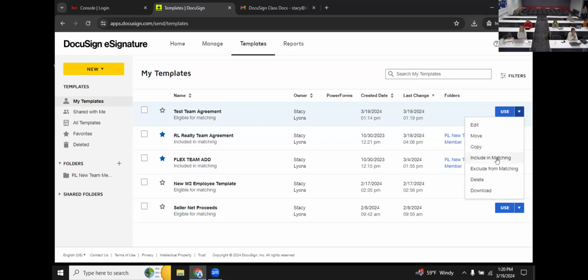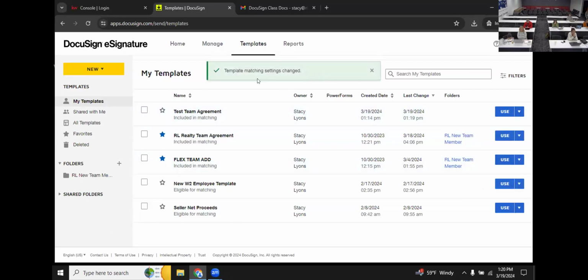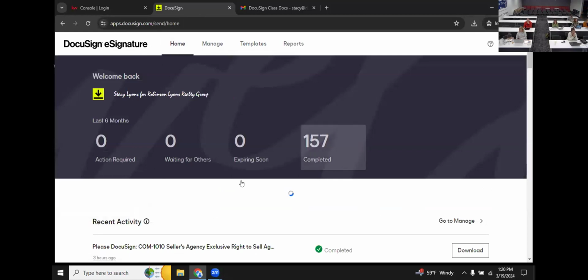And then include in matching. That way, if you separate the two documents and you add them together, it will find that team member from another template that you created where we added all the recipients in. So now that you have this template, whenever I want to send this to a new team member, I just have to log in to Docusign, and on the e-signature side,